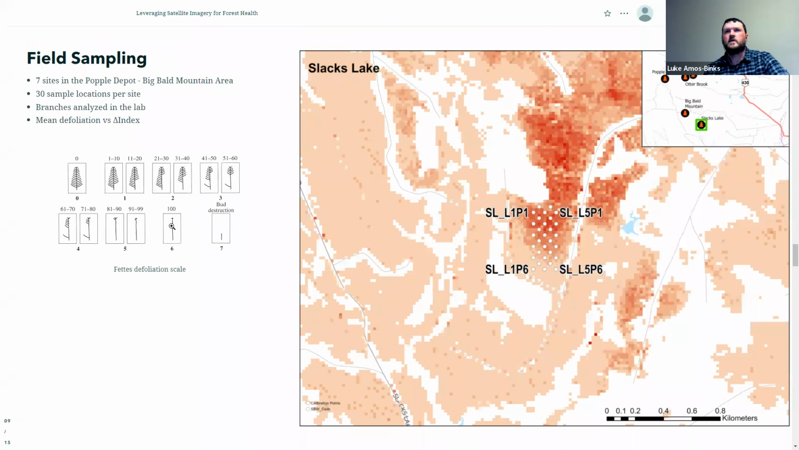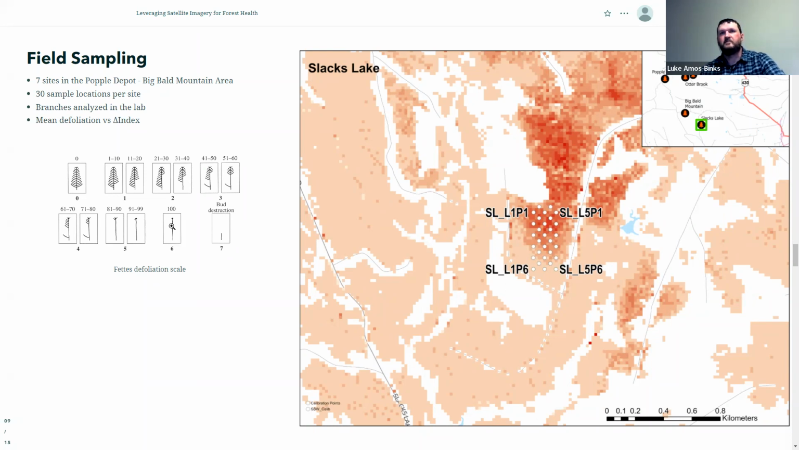We identified 7 sites in the central part of the province. We sort of have 2 pockets of defoliation, one in the north central part of the province and one in the northwestern part of the province up near the Quebec border. These sites were all in the central part of the province. And here we had 30 sample locations and took branches from these sample locations and analyzed them in the lab to quantify defoliation